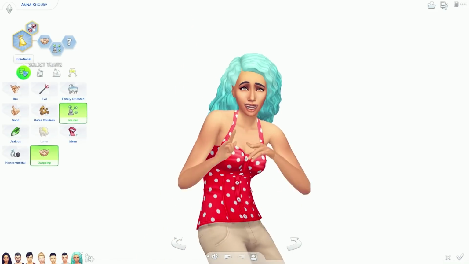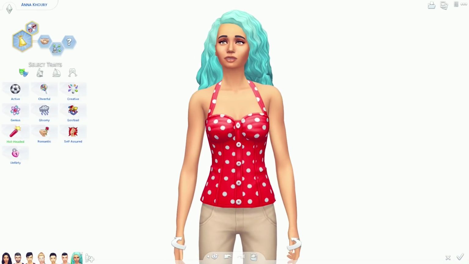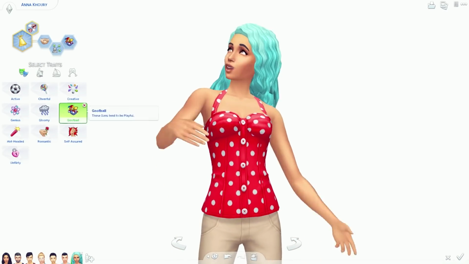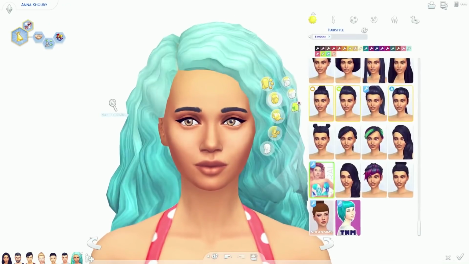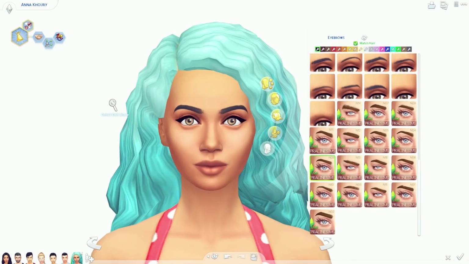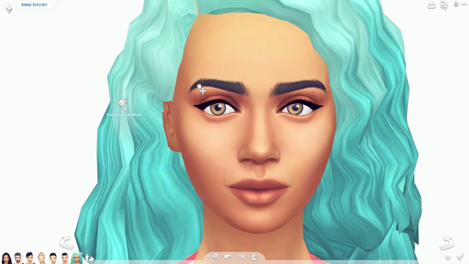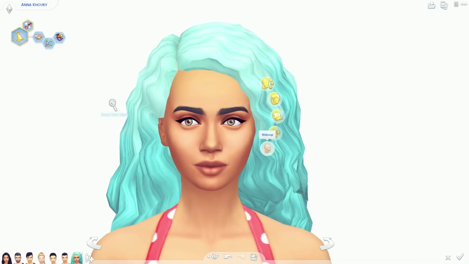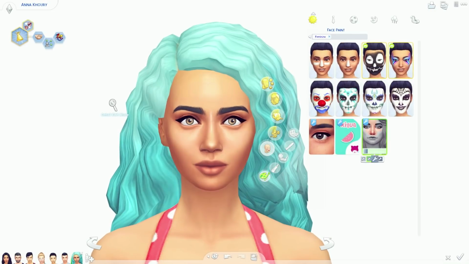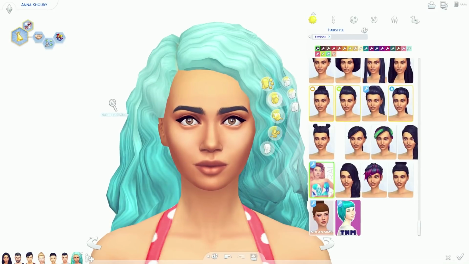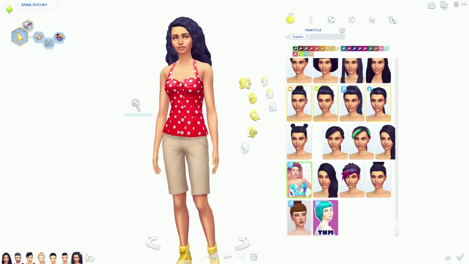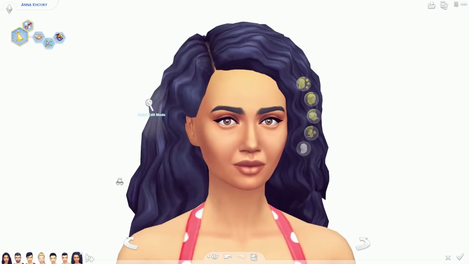This is a creative sim by the wonderful Rosebud_YT on Twitter. She also has a channel which I'll link down below, but she created this tag called If Bella Had a Sister, which I absolutely adored because, as you all know, I have an LP with the Goth Family. It's kind of like a legacy now, I guess. I'm just playing through the family and their stories and everyday life and, you know, all that good stuff. But I was so excited for this tag because I've been thinking about introducing new characters into the LP